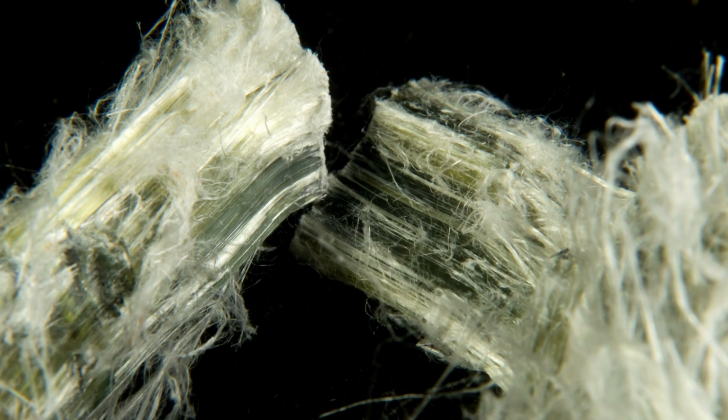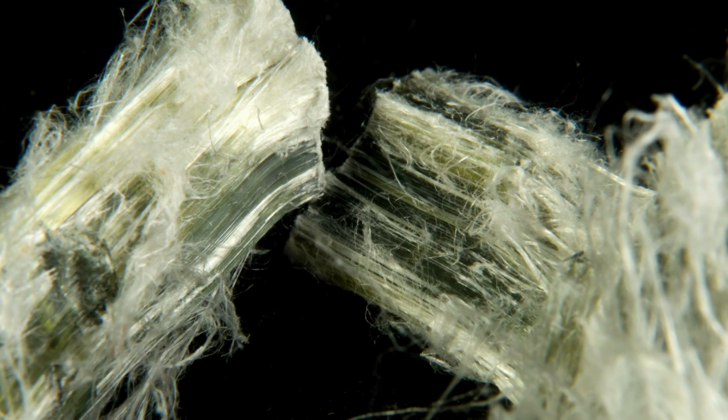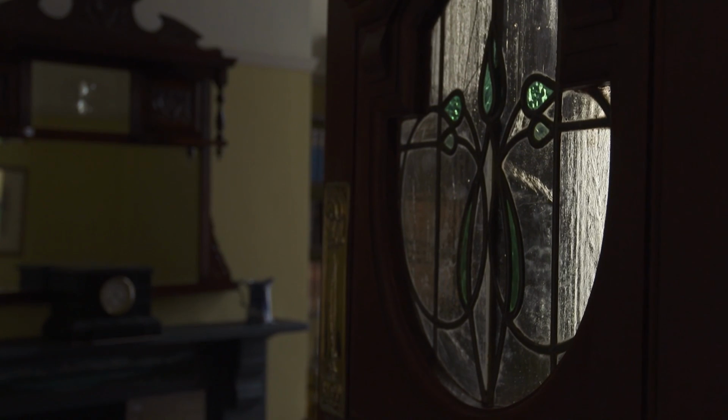The death rate in factories led to a decline in the use of asbestos, and it is banned today, but it remains hidden in many buildings. A lot of people don't actually know about the widespread applications of asbestos that are no doubt still in properties today. Even now, over 100 years later, there are annually more deaths in the UK